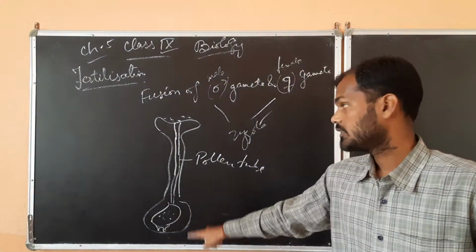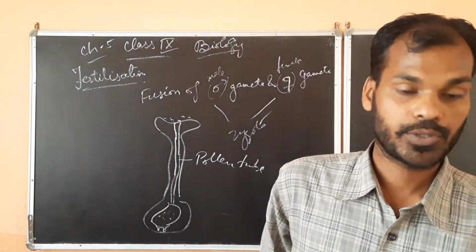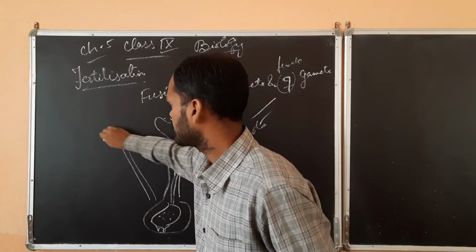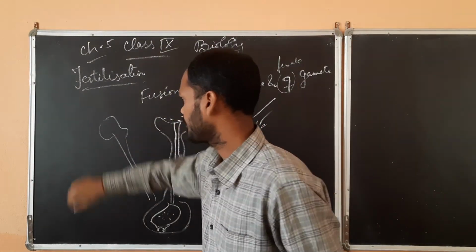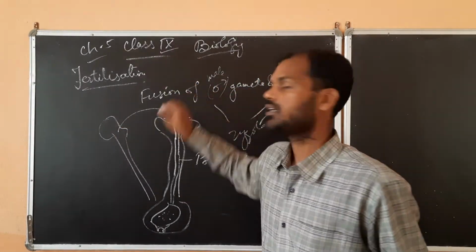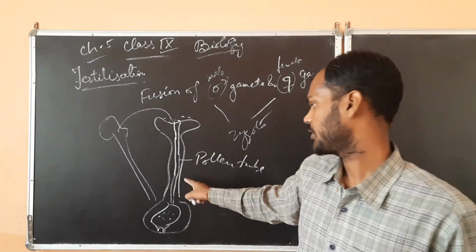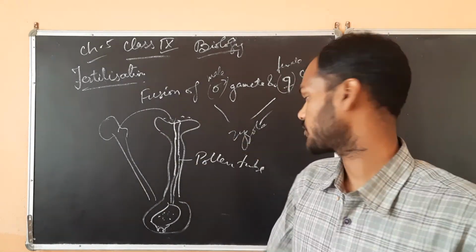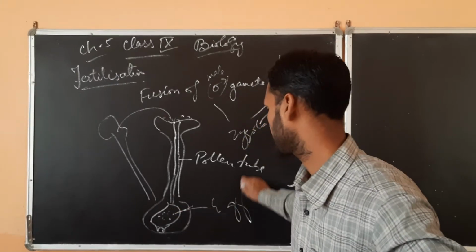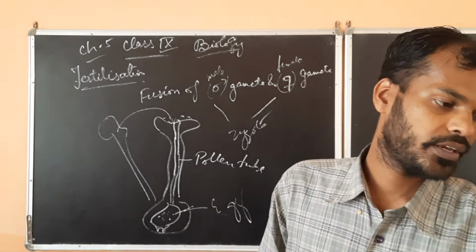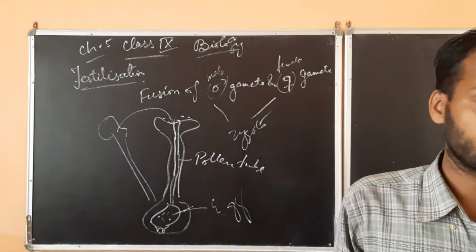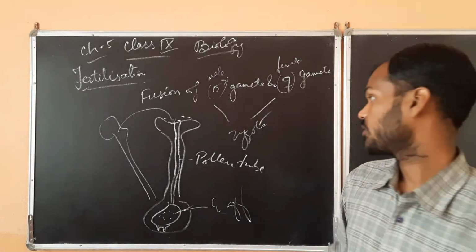Like this, you can see the anthers are also there. The anthers form the pollen grains, and this pollen grain has to come onto the stigma, and once it comes, it goes to the egg. Here you have the egg or ovary. Okay, for fertilization to take place, what is happening? The pollen grain has to reach the stigma.